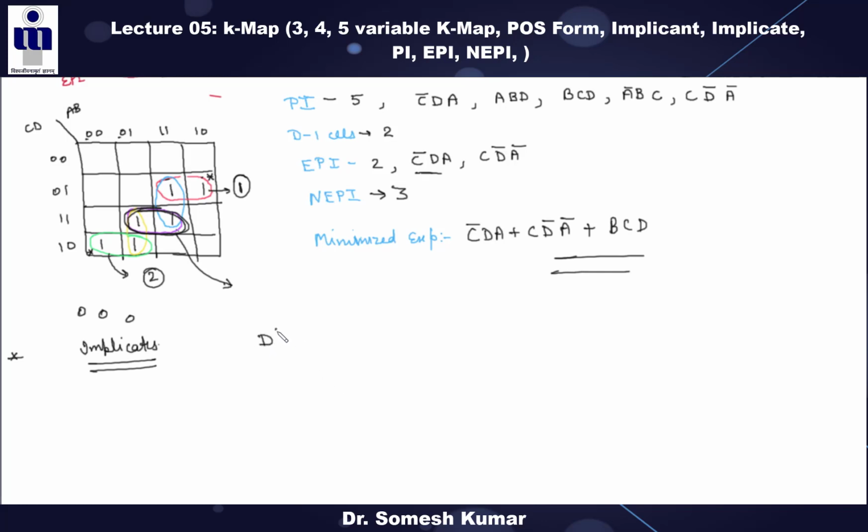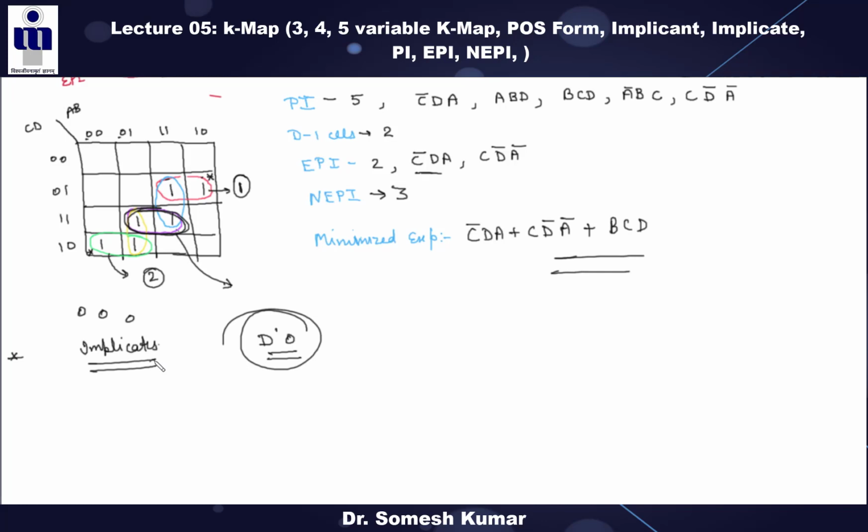In this, implicants we represent as the zero cell, right? Implicants are for your SOP form, while the implicates are defined for the POS form. Understand? I am not going into the details of all these implicants because I already discussed a lot about the implicants. Everything is the same, only the ones are replaced by the zeros, right? And the D1 cells here for the implicants, we are saying as the D0 cells, right?